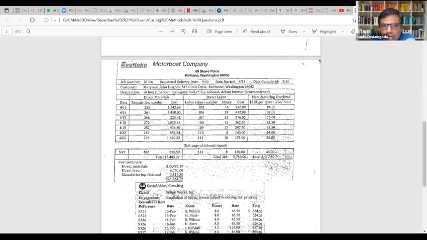And then you can see manufacturing overhead absorbed at 5.5 per direct labor hour. So this is the overhead absorption method that they have, 5.5 per direct labor hour. So 16 hours into 5.5, 10 hours into 5.5, 15 hours into 5.5, like that, altogether 2,170. This is the manufacturing overhead, right?